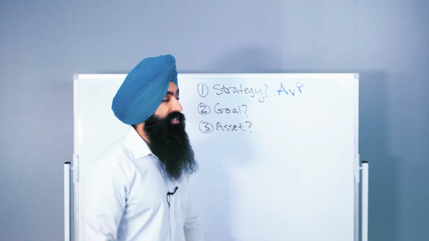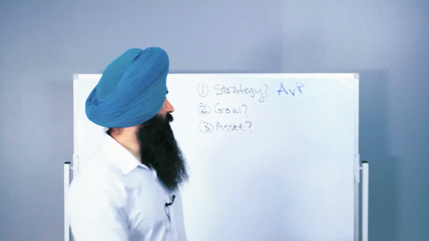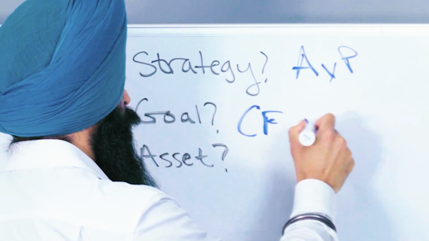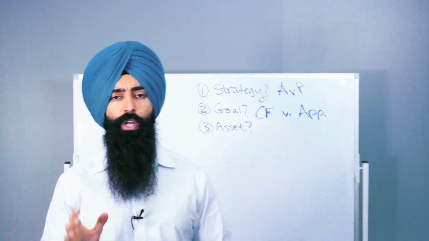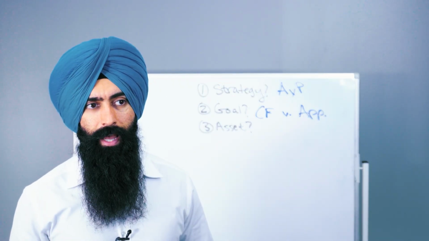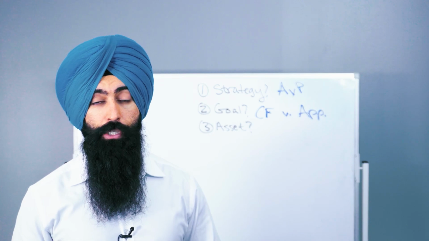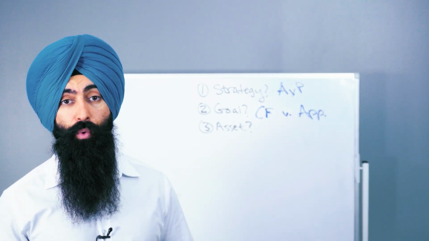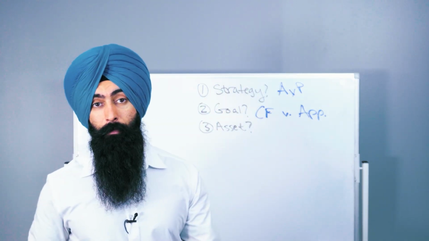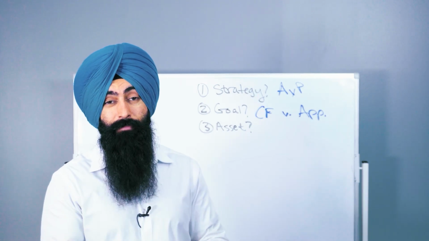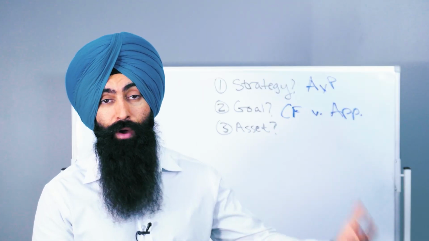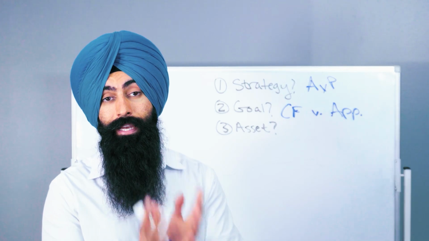Once you understand your strategy, the next question is, what is your goal? More specifically, would you rather see cash flow or would you rather see appreciation? Now, cash flow is when you're going to go out and you're going to buy an asset and it pays you for owning it. So when I go out and I invest in real estate, my goal is cash flow. When I buy this property, I want this property to pay me every single month, and then I want to use this rental income to pay for all the expenses, and then have some profit every single month. This way now I can work to stack the cash flow, and I can live off the cash flow.